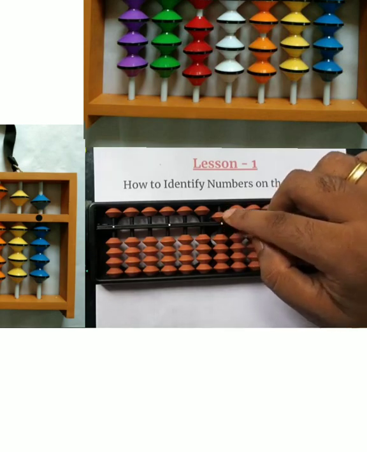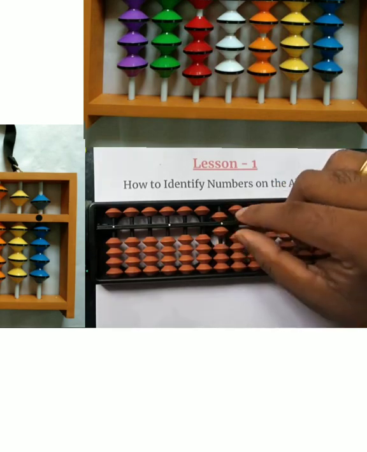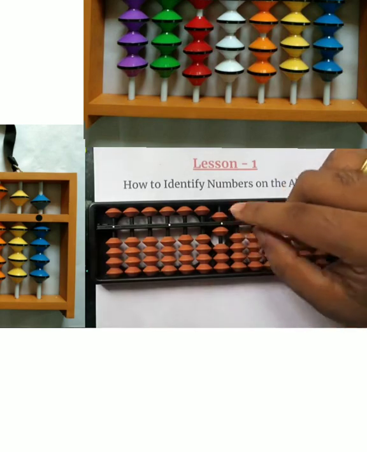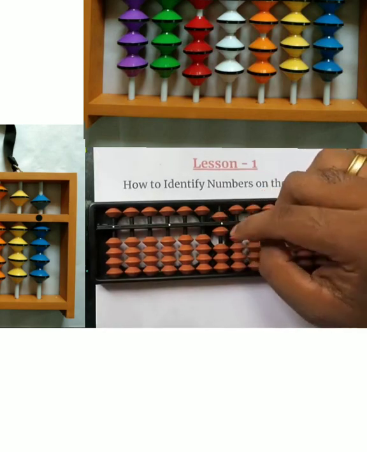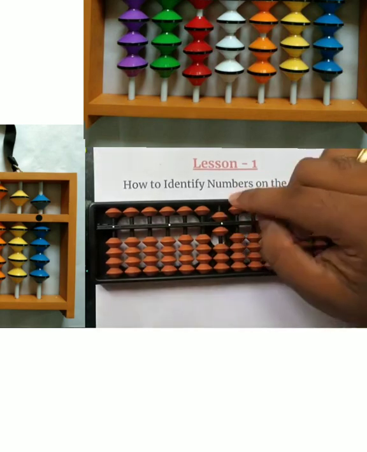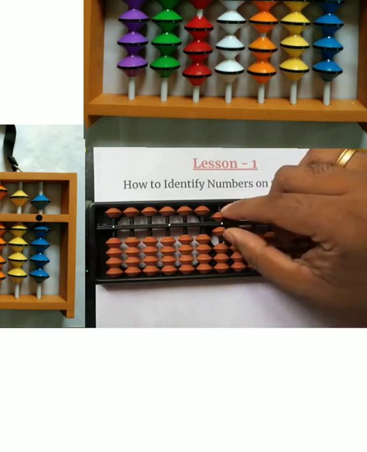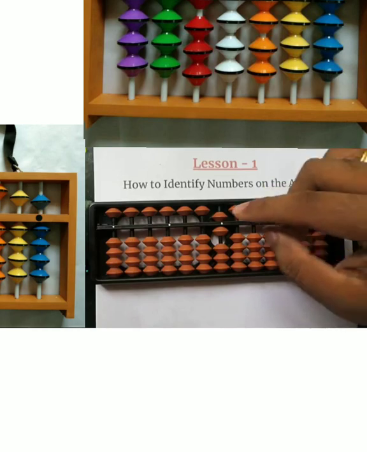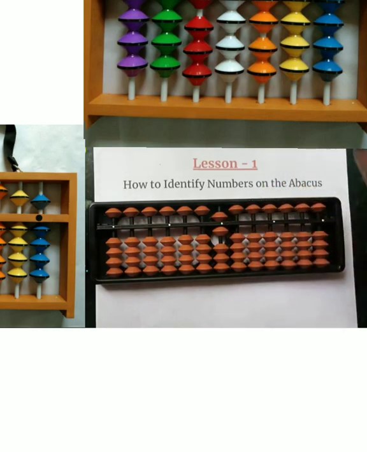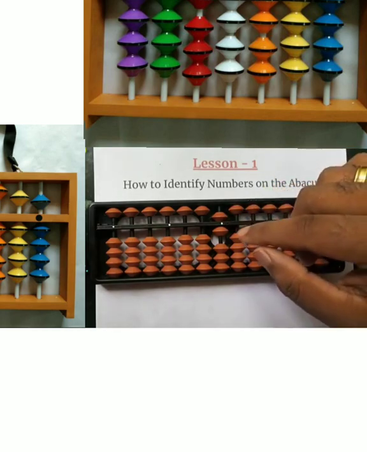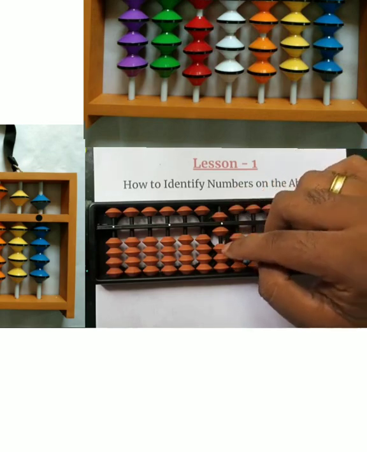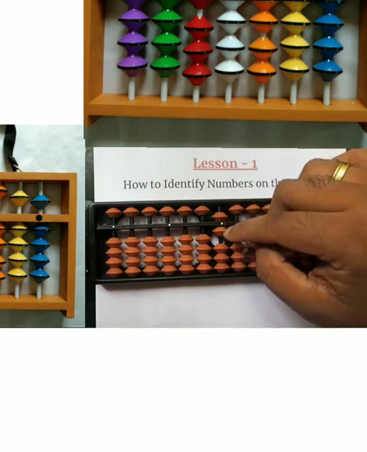So whenever the upper bead along with one lower bead is counted in this fashion, that is the upper bead and one lower bead in play, the number on the abacus is 6. It is 5 plus 1, that is 6. In this fashion, for any digit larger than 5, we'll be using a combination of the upper bead as well as the lower beads. So now this is 6.